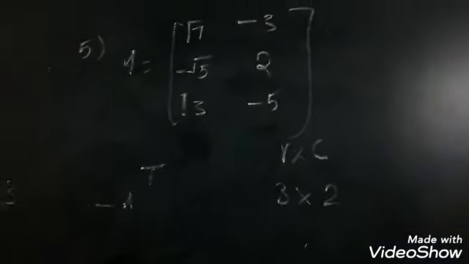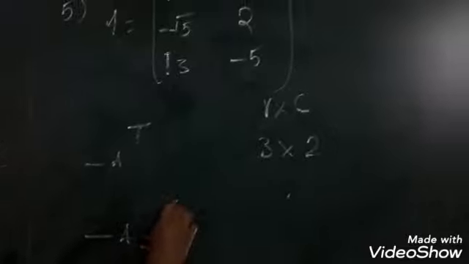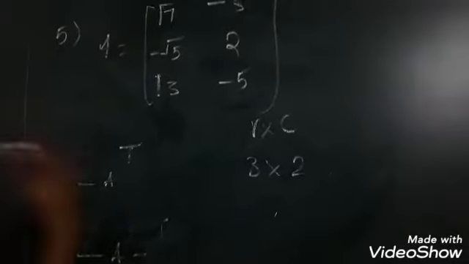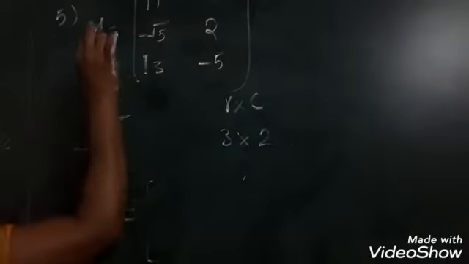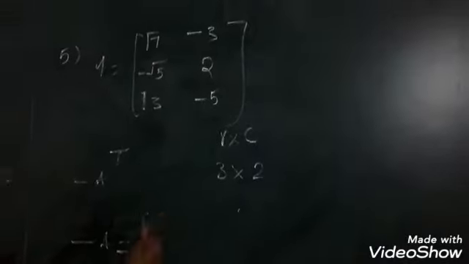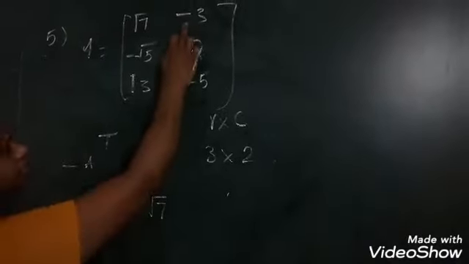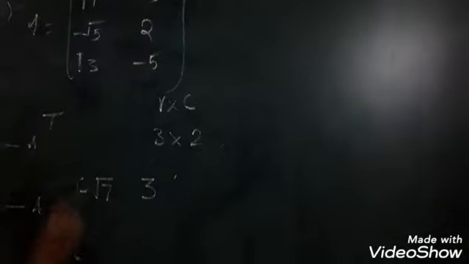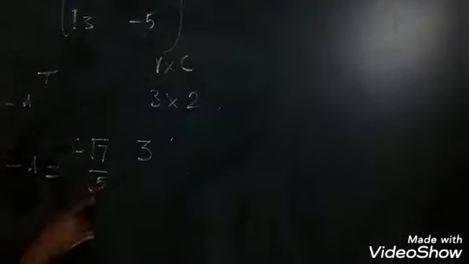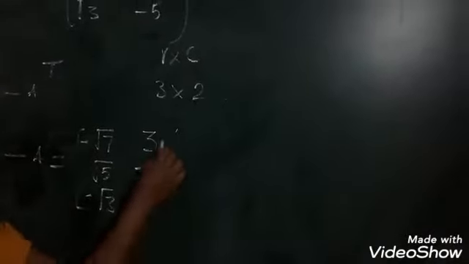First we want to find negative A, or minus of A. How do you change it to minus A? Already I said in the last video, whatever the elements given, positive should be changed to negative. Okay, root 7, negative root 7. Then negative 3 should be positive. Okay, interchange the symbol alone. Okay girls, root 5. Here minus 2. Here minus root 3. Then minus 5 should be changed into plus 5.